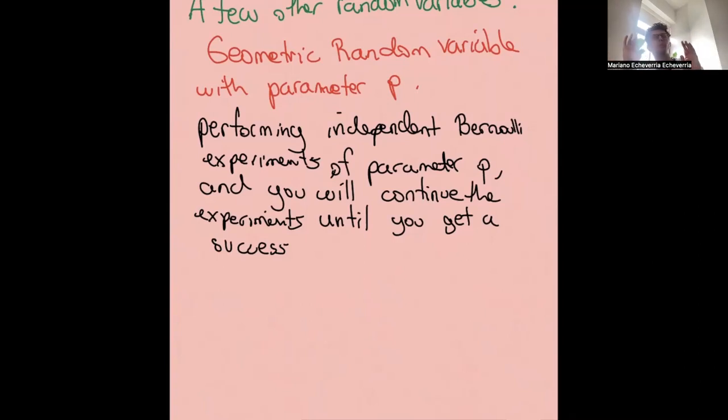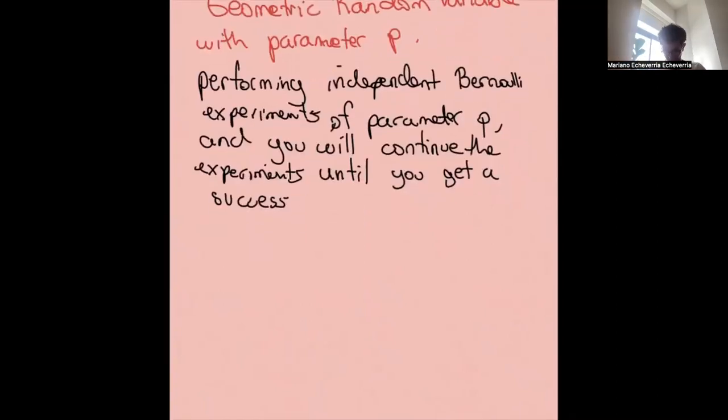So it's an experiment where there's no fixed number of repetitions. You just stop the moment you win for the first time. In our examples, it's the moment you get heads,